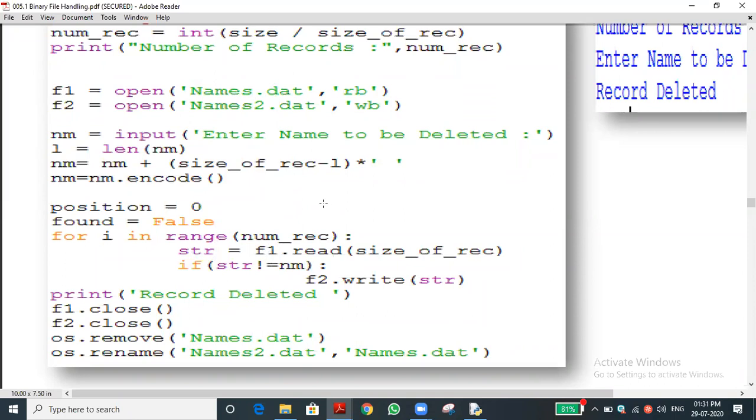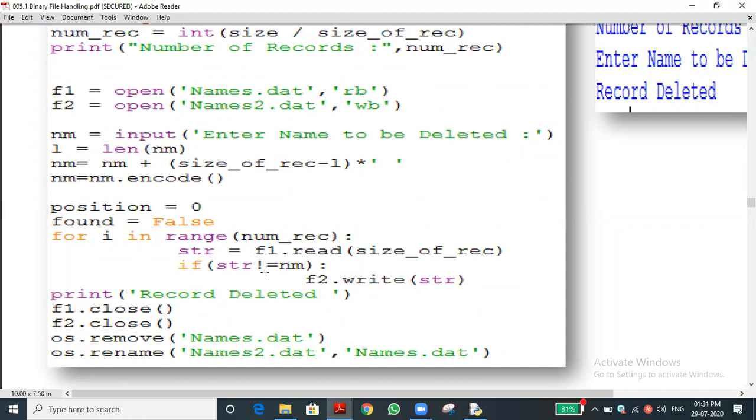Yes, whether names2 is an empty file. Yeah, it is the empty file we created for open. We are opening in write mode. If it already contains some data, what will happen? If we start to write, it will be erased. The previous data will be erased. It will be like a new, fresh file.